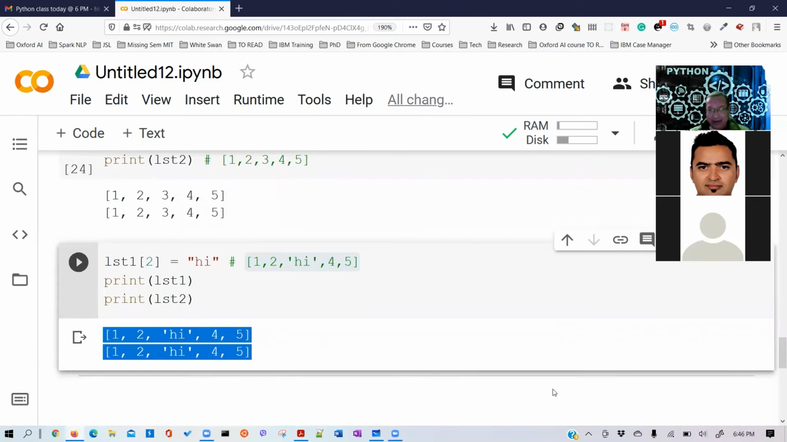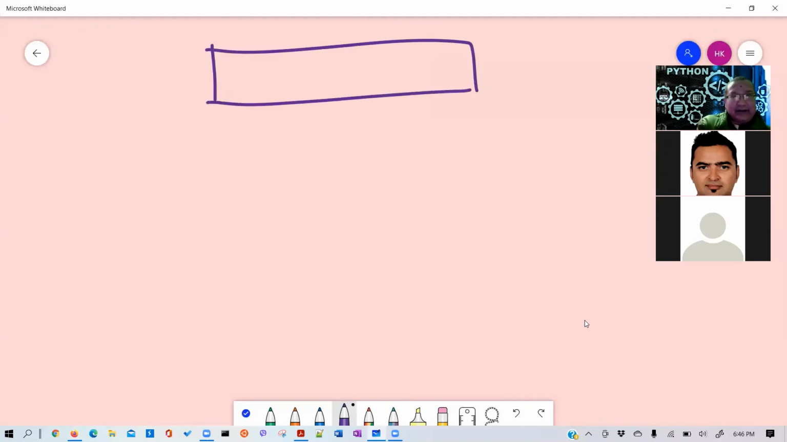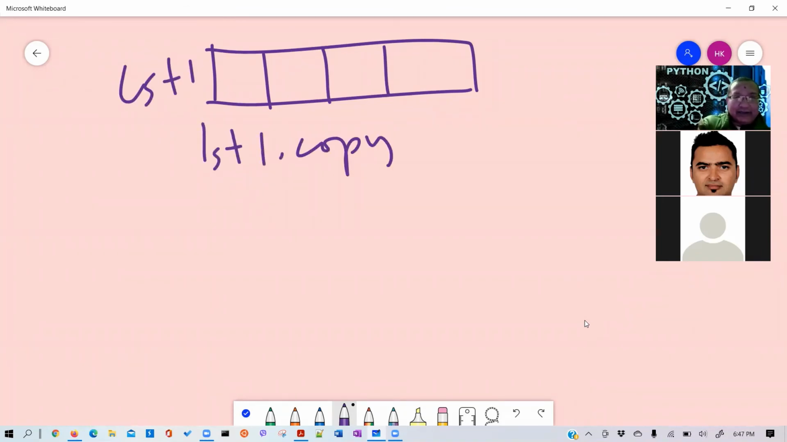Maybe a lot of you don't have any idea about this, so I will dive into this in detail. Here is what happens. Let me show you. In the first case, when you made a copy, you have this LST1, a bunch of values. When you made a copy with LST1.copy and assigned it to LST2,